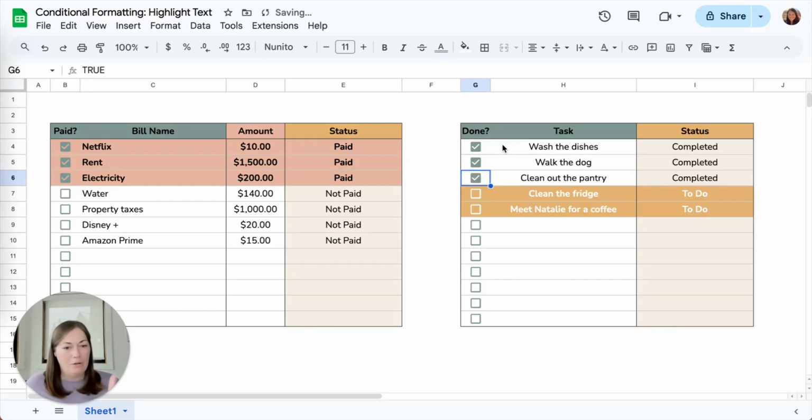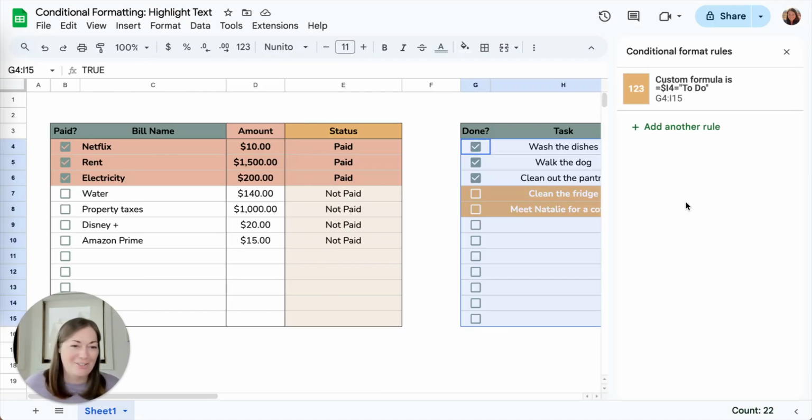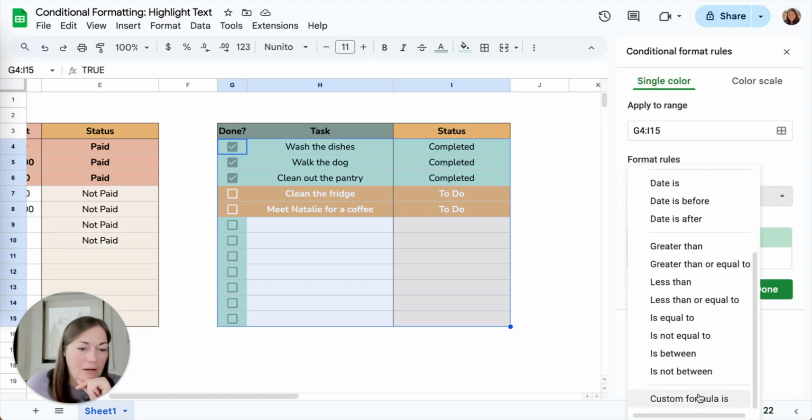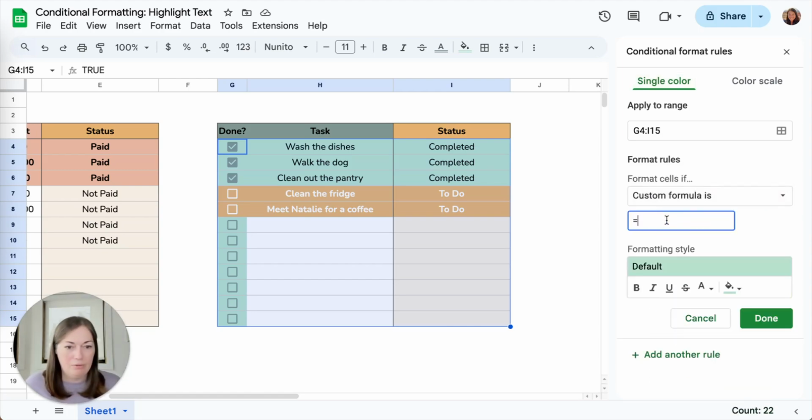I'm going to show you too. Let me do another one. So I'm going to highlight everything again. I like doing this. I nerd out on this. Conditional formatting, add another rule, because you can add multiple rules. And then I'm going to do custom formula is equals, and again, we're going to reference the very first cell. So don't forget our $, so equals $,